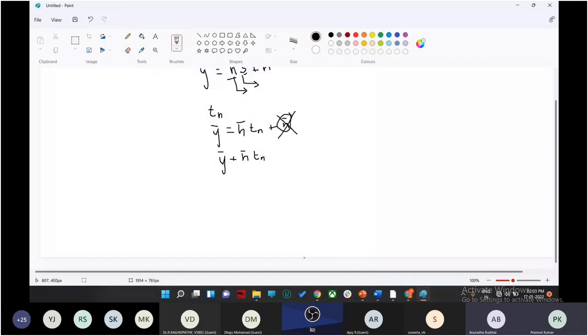Now we will estimate this h by doing a least square estimation, determining our h bar using this training sequence. Least square estimation is one technique where we can determine h bar, approximately or as an exact value. For this, what we will do is